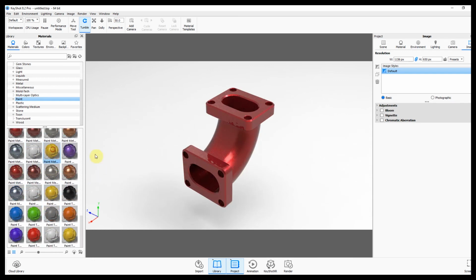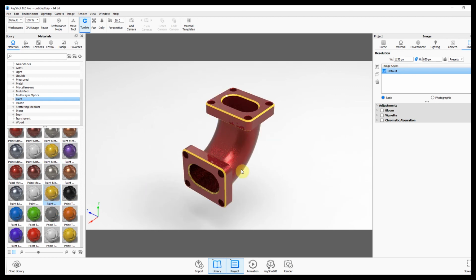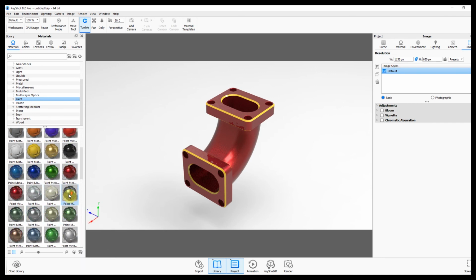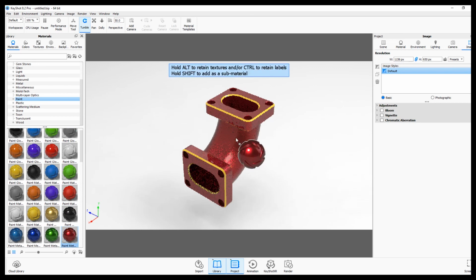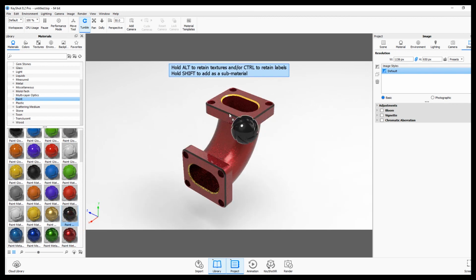And we will give some yellow strips here, or yellow, no, this does not look good. We will add black. We'll add this red here and we will add this black. I think the yellow looks good.